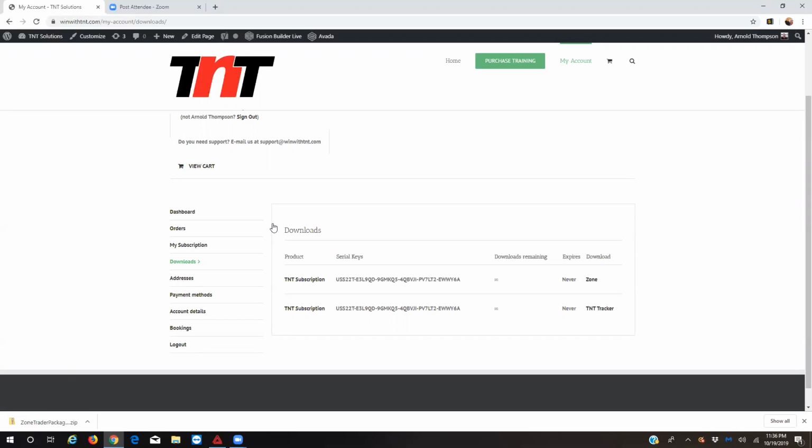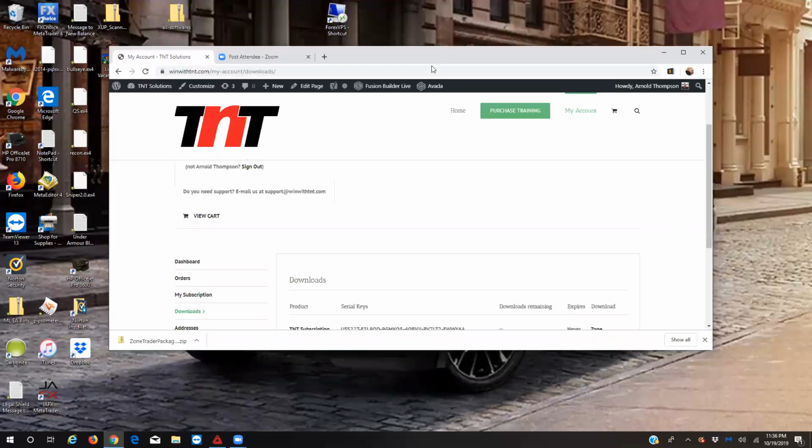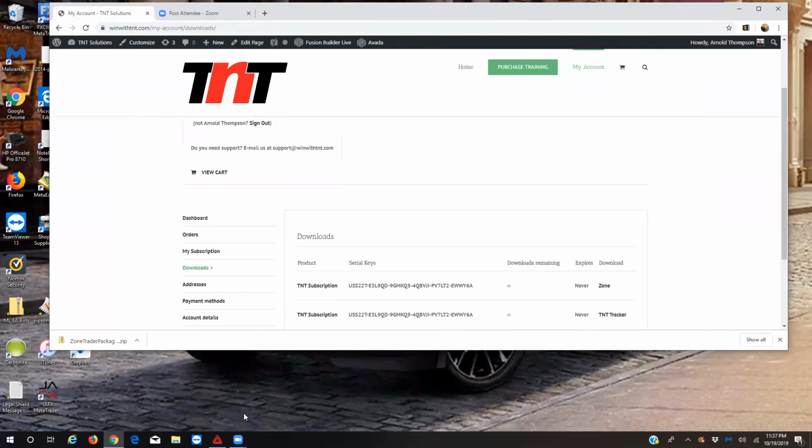Now there's two different things you can do here. What I personally like to do is come up here to the upper right-hand corner and click on this double box right here in the middle. If you click on that, it'll make the screen smaller, okay? You just want to make it small so you can see the desktop in the background. If when you click on that button it doesn't make it as small as mine is, maybe it's much bigger and fills up most of the page,